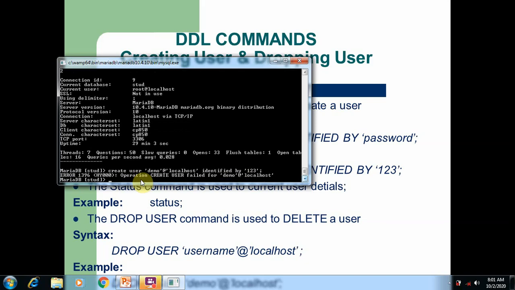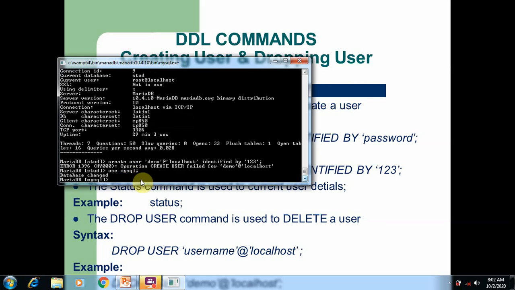Now execute this command, create user for demo at localhost.